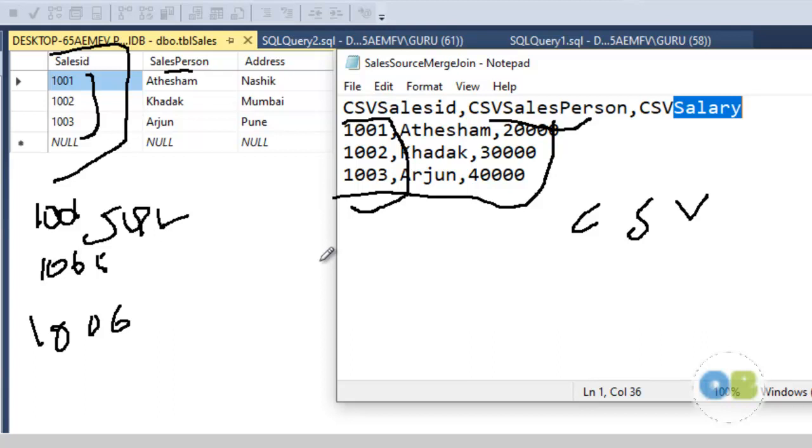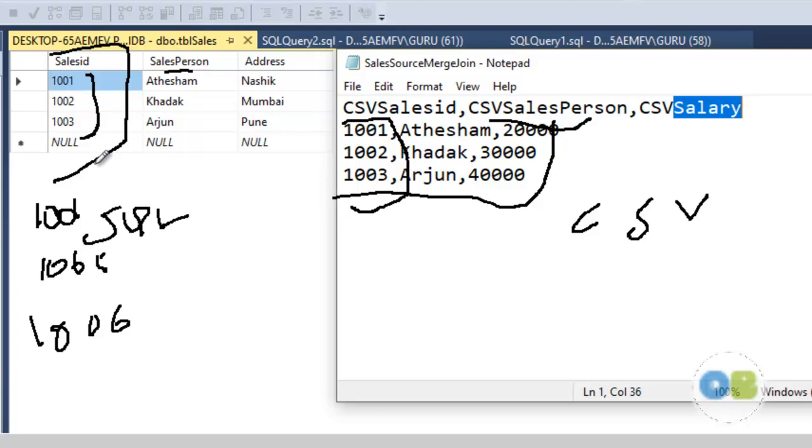In this video we will use two sources like we have here, SQL table data and CSV source data, which have a similar key attribute. You can see sales ID, you can check here, right? We will sort this data set because this component requires a sorted data set, and then we will merge both the sources using the merge join component. Here I am going to use inner join as my joining type.